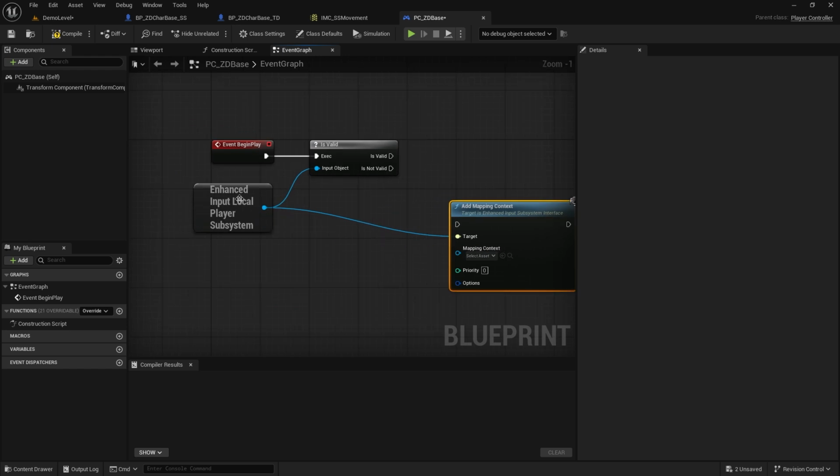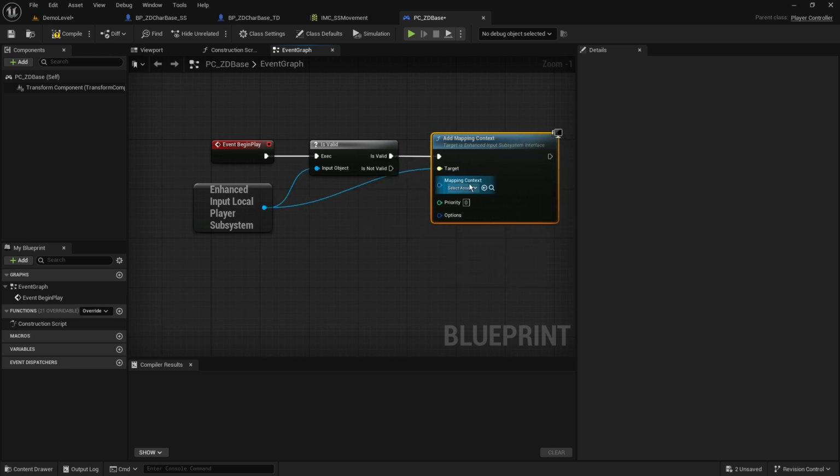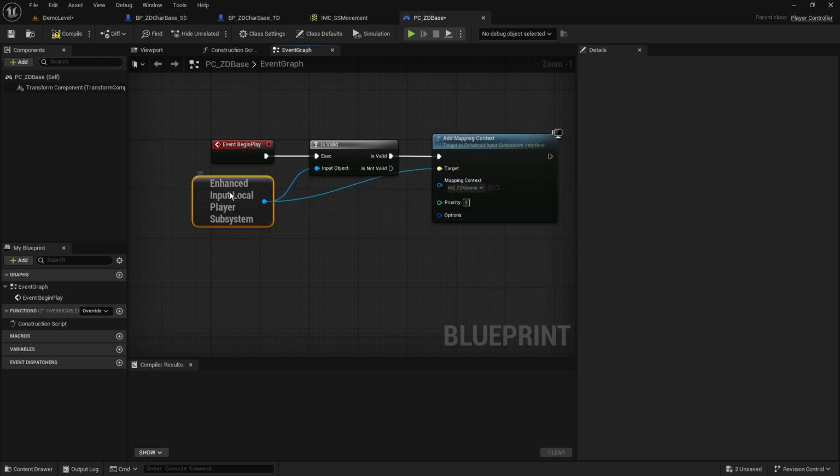So what this is doing is it's adding a mapping context of my choice into this enhanced input local player subsystem. So if this is valid, let's add this in. And which one would you like to use? Well, we've only got one. It's our IMC SS. And what this is basically saying is that when our player is using this controller, when the game commences, this mapping context is going to be assigned and